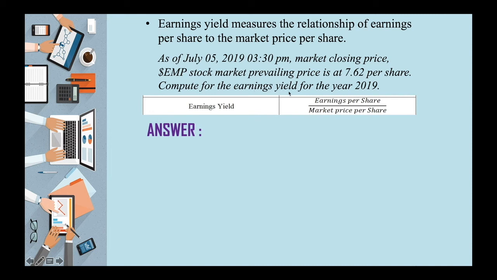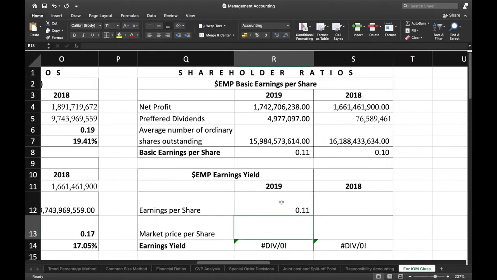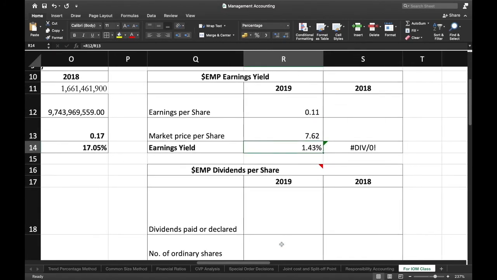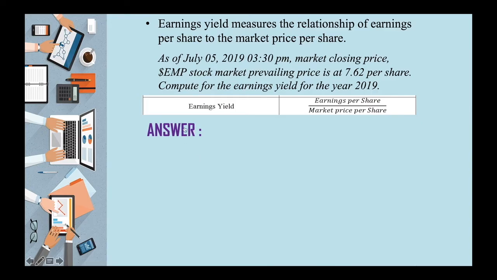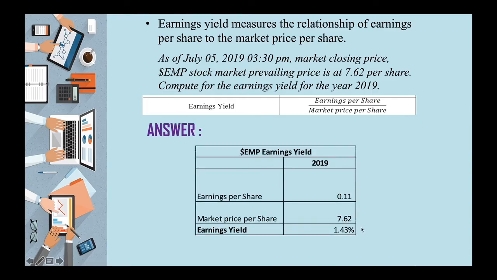Compute for the earnings yield for the year 2019 gamit yung EPS na na-compute natin kanina. So, meaning to say, EPS divided by 7.62. So, let's write it here. 7.62. Ang earnings yield is 1.43%. Okay, so let's check kung tama tayo. Ayun, 1.43%. Meaning to say,